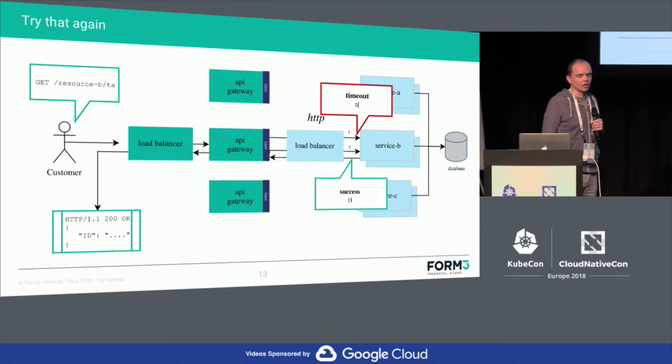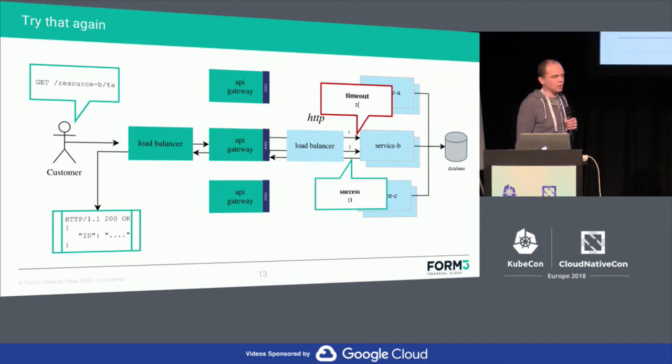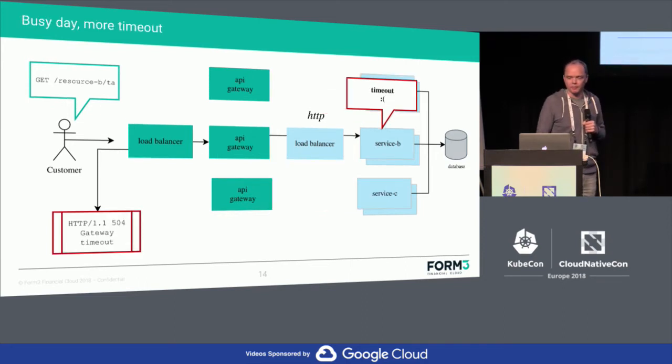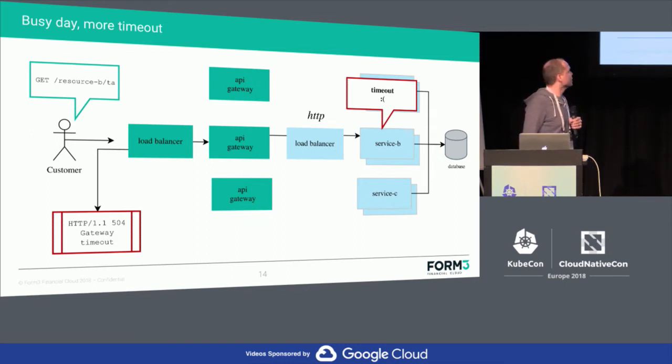So we introduced this library in our API gateway, which we very imaginatively called the retry library. And it basically just retried the request on one of those rare events. And that approach worked very well. So we rolled that out to production thinking, we've definitely solved it this time. And lo and behold, we'd actually broken the system quite badly on very busy days because our retry logic didn't have any backoff built into it. So if a service was really struggling, it now got absolutely hammered by our retry library. So we then started to learn about circuit breakers and why they were a good thing,